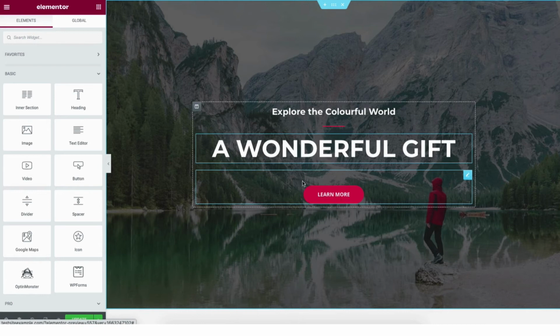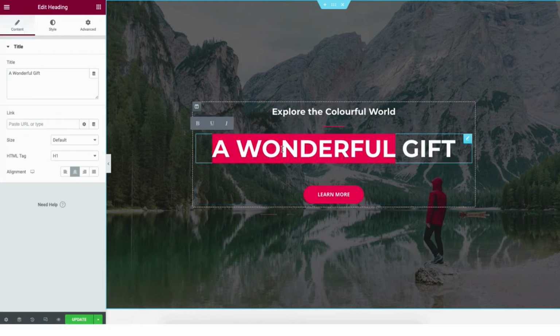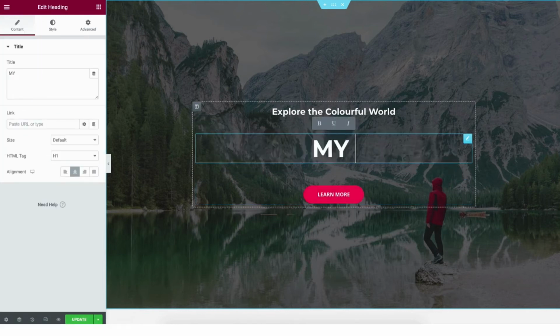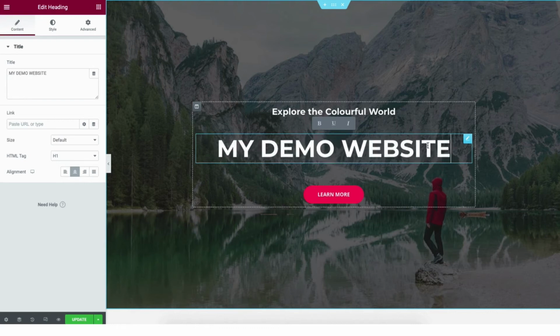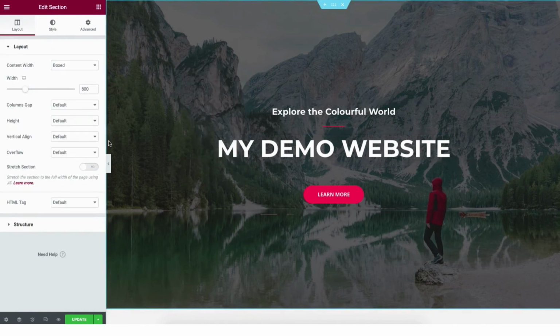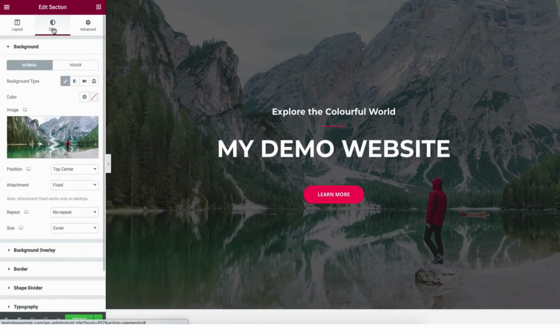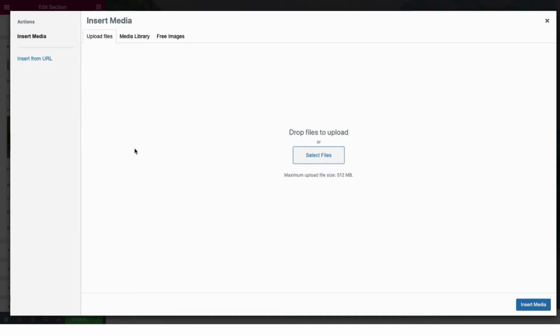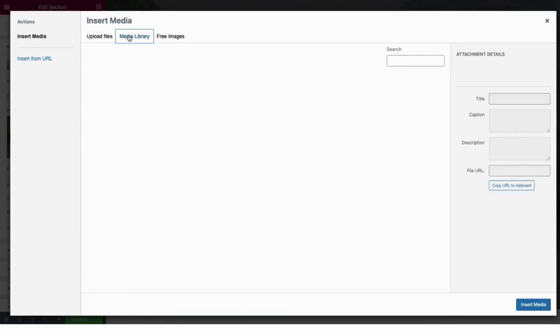I can change a wonderful gift to my demo website. If you want to make edits to the background image, right-click on the section. Click Edit Selection. Click Style. Hover over the image and click the trash can icon if you want to remove the image. Click over the image and you can upload a photo to place here or click Media Library to upload images